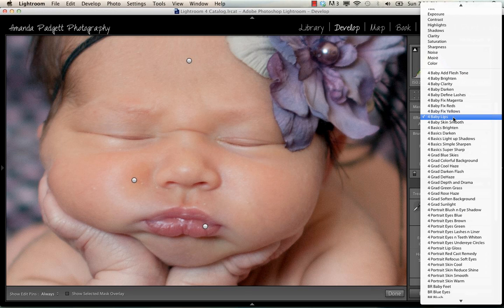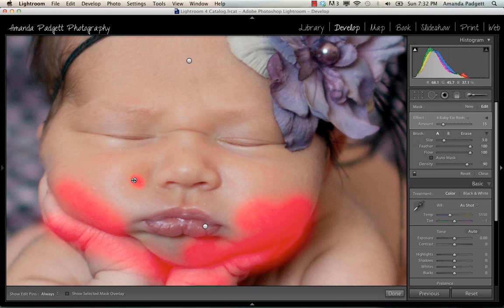But when you're going from brush to brush to brush, so let's say I had just done the skin smoothing, or this redness here, or the skin smoothing. What you need to do is click new in between each one, okay? You have to click new between each one. Write this down if you are new to brushes. You have to click new between each one,